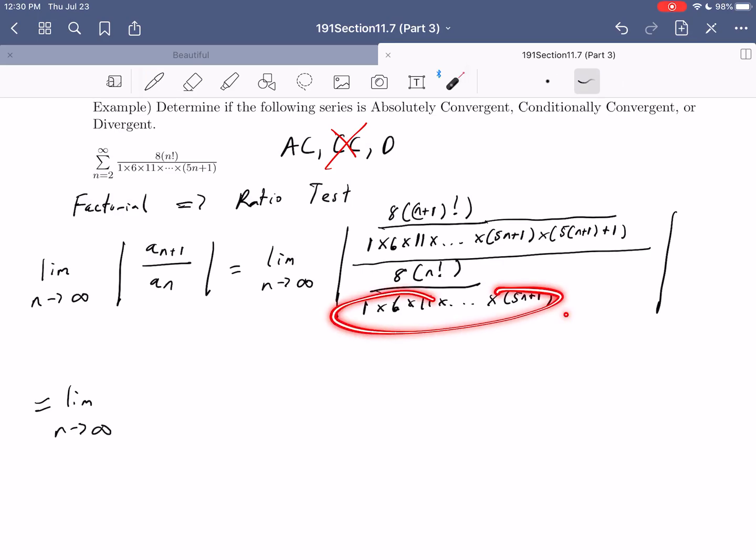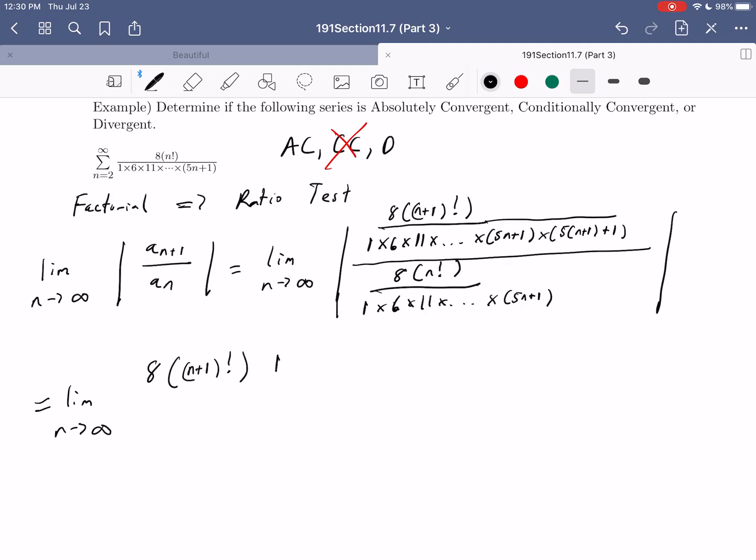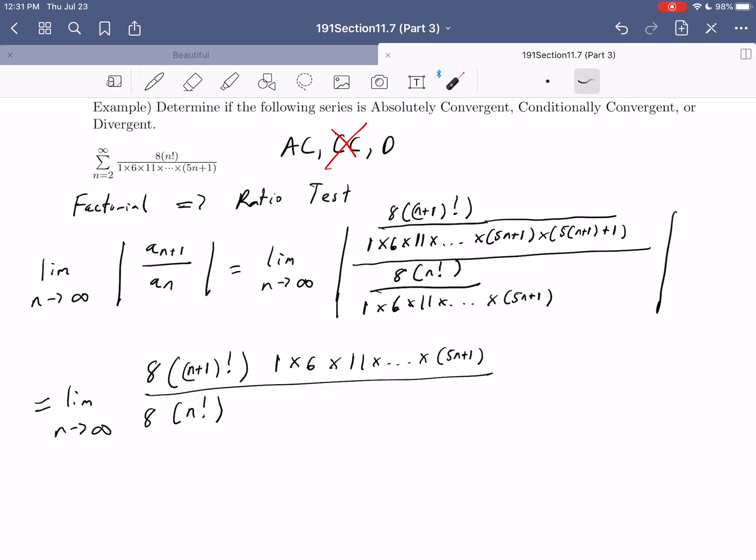To simplify, we're going to swing this up top. So it looks like we should have 8 times n plus 1 factorial, and then 1 times 6 times 11 times ... times 5n plus 1, all divided by, in the denominator, 8 times n factorial, and then down here, we have this whole mess there. So 1 times 6 times 11 times ... times 5n plus 1 times 5 times n plus 1 plus 1. Okay,